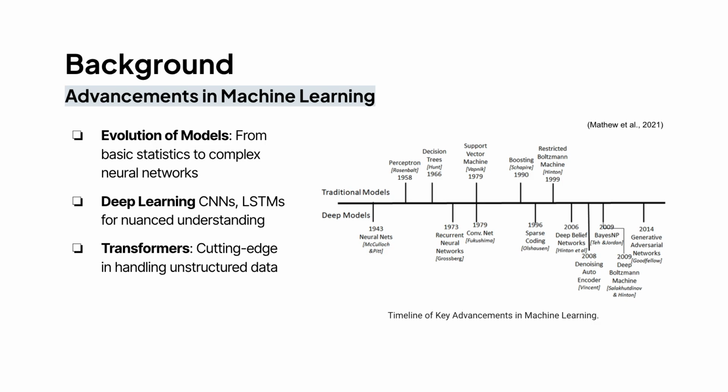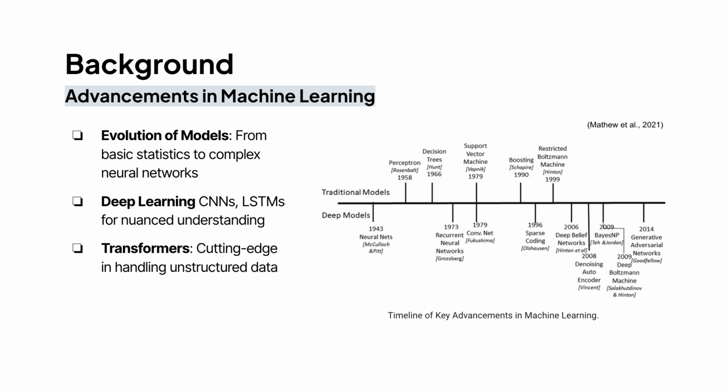The landscape of machine learning in FSA has transformed dramatically with advancements in technology. From basic statistical models to complex deep learning and transformer models, each has its role. Deep learning models have been pivotal in capturing deeper semantic nuances. Meanwhile, transformers have redefined benchmarks by handling extensive, unstructured datasets with their self-attention mechanisms, enhancing our understanding of investor sentiments